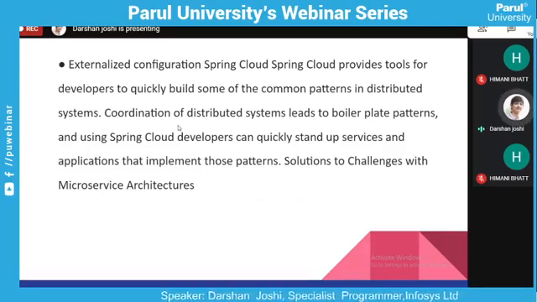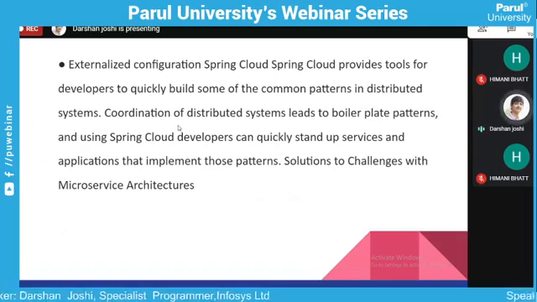Solution to challenges with microservice architectures. So basically, Spring Boot is configurable with Spring Cloud, and Spring Cloud is a whole set of tools which provides ease of use of some of the technologies and tools to developers.